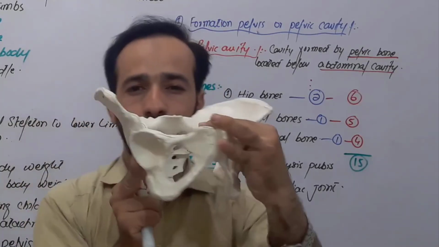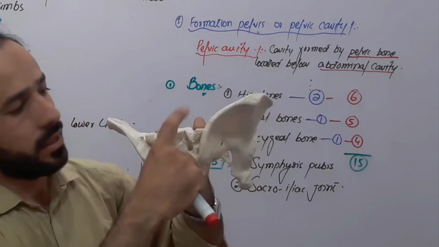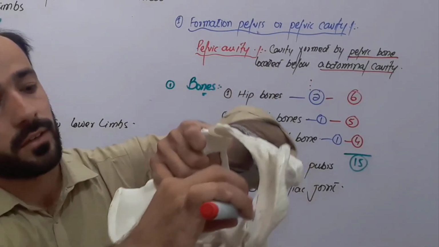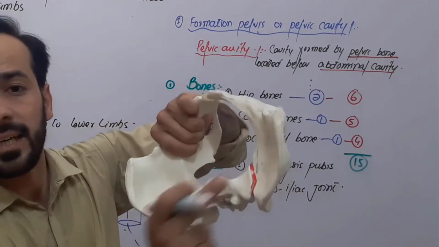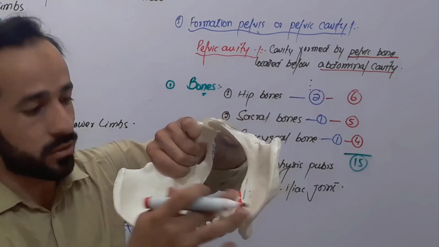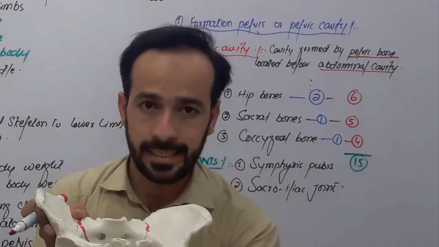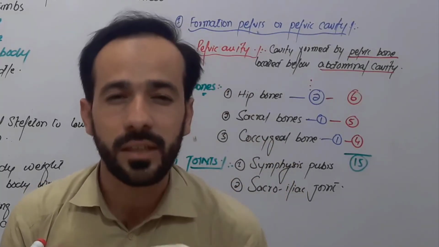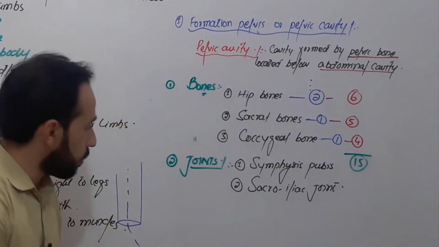And then if you turn it back like this, then there is the joint between the sacral vertebra and the ilium. So this joint is called the sacroiliac joint, on this side also. So the sacroiliac joint on the right and left side, and the symphysis pubis joint anteriorly. So posteriorly we say the sacroiliac joint, and anteriorly there is the symphysis pubis, right friends? So these are the two joints of your